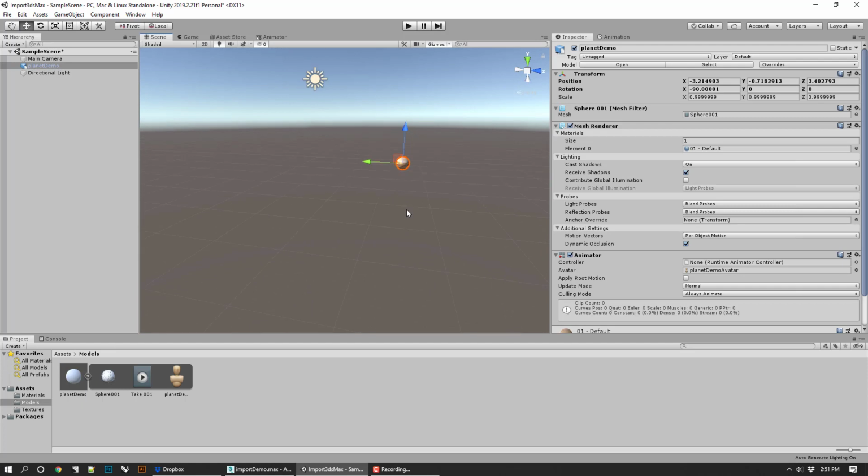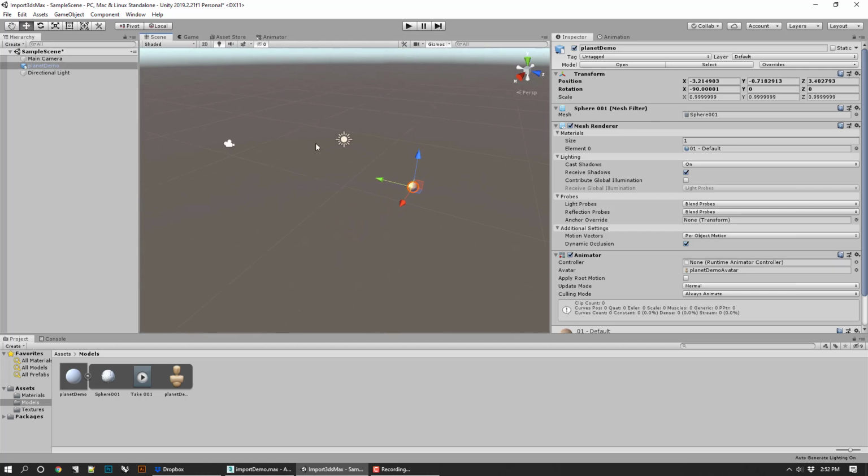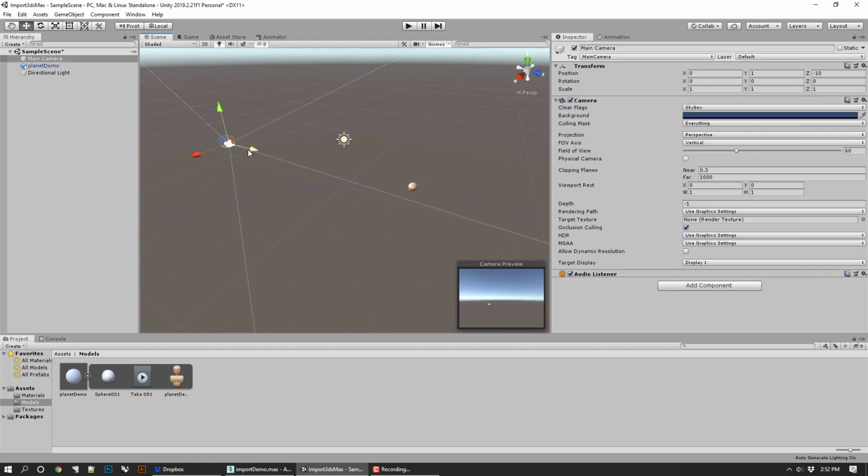Let me see where I am here. Hang on a minute. I'm going to pan over here, grab that camera, and you can see the camera view. When I select the camera, I get the camera preview. I'm going to get the Jupiter into a full view here, so I can get that in there pretty close. And yeah, there you go. And then I think if I play,